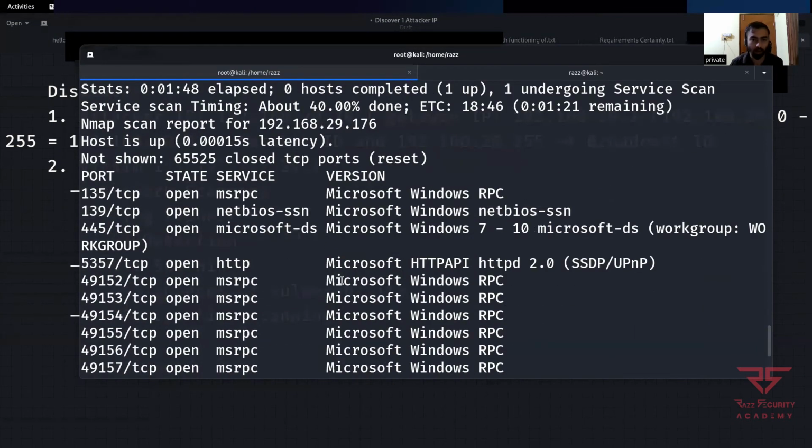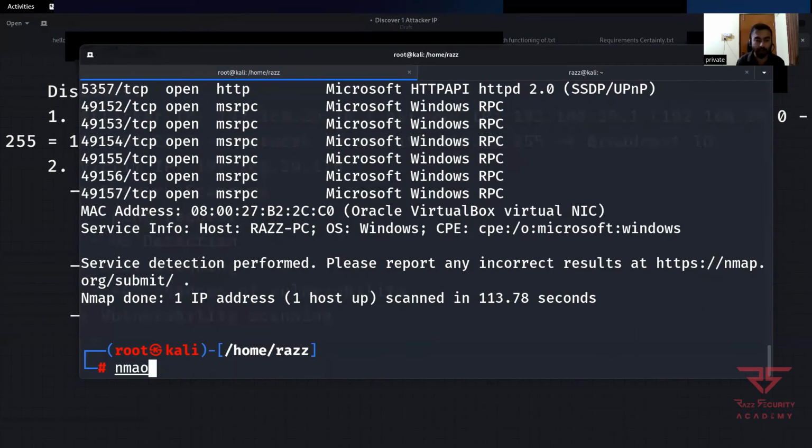How can we do vulnerability scanning? Nmap space, there are different strategies. So here is one of my ways: hyphen P port number 445, space double hyphen script